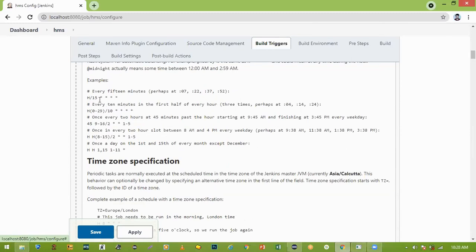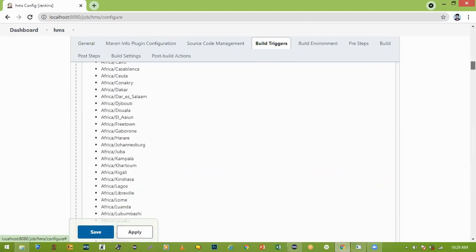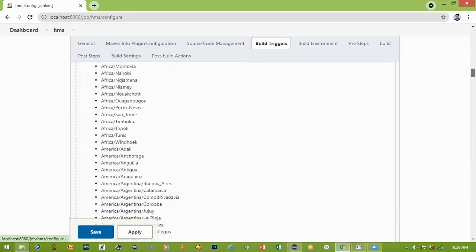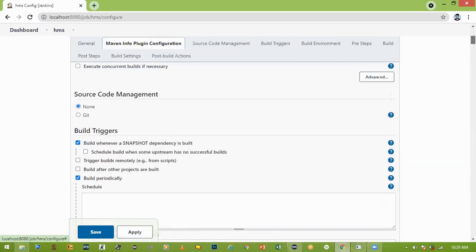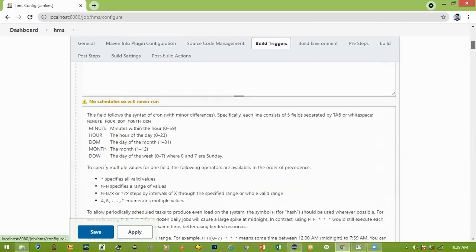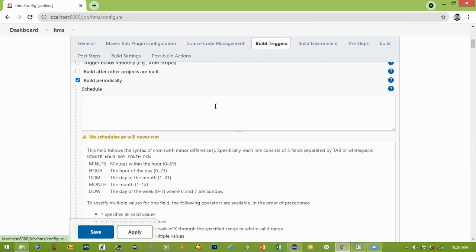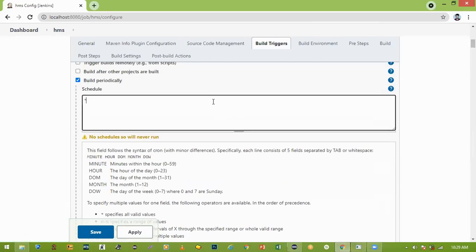See, H/15 and 4 stars means every 15 minutes. Every 10 minutes, every day, every hour, time zones, everything is there. Read this documentation. For example, I am not doing anything, just here I am giving 5 stars. Build schedule 1, 2, 3, 4, 5.